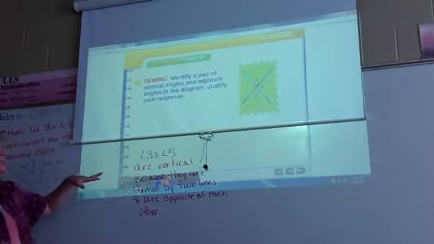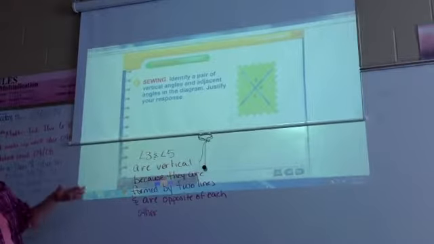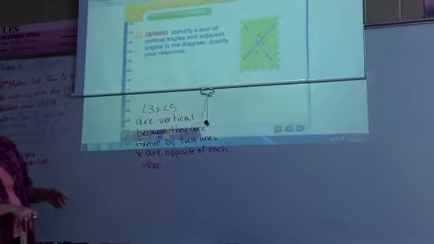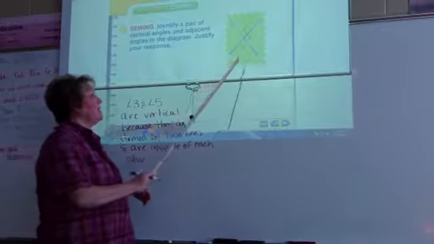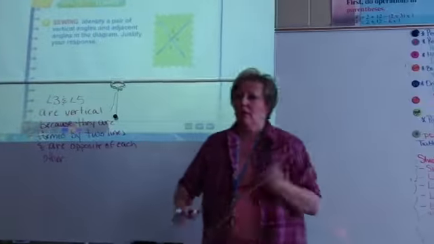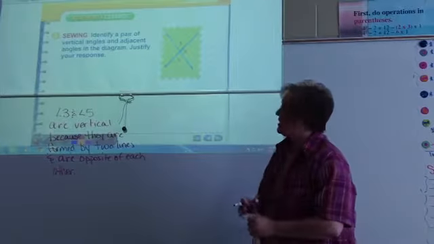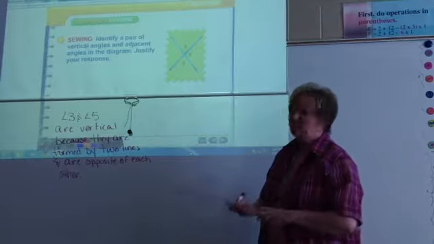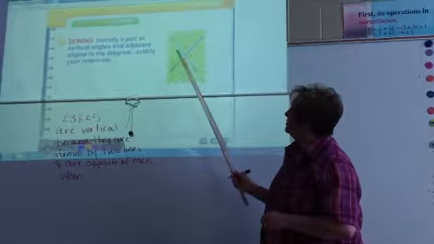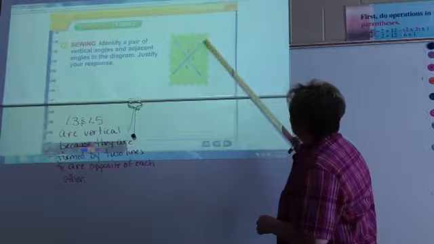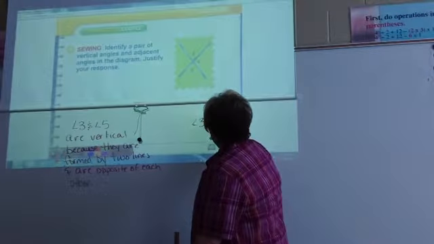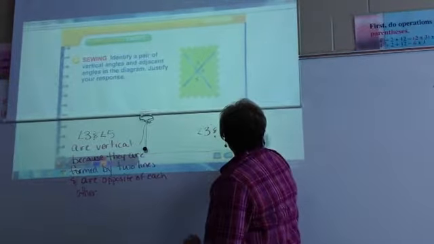Okay, and the next part of this says that we've got to identify a pair of adjacent angles. Now, adjacent angles, we had our definition just a minute ago. They share a common vertex and a common side. Hey, look at these angles. We've already said that 3 and 5 are vertical, so they can't be adjacent. How about 3 and 4? Do they share a common vertex? Right here. Do they share a common side? There we go. So we can say that angle 3 and angle 4 are adjacent